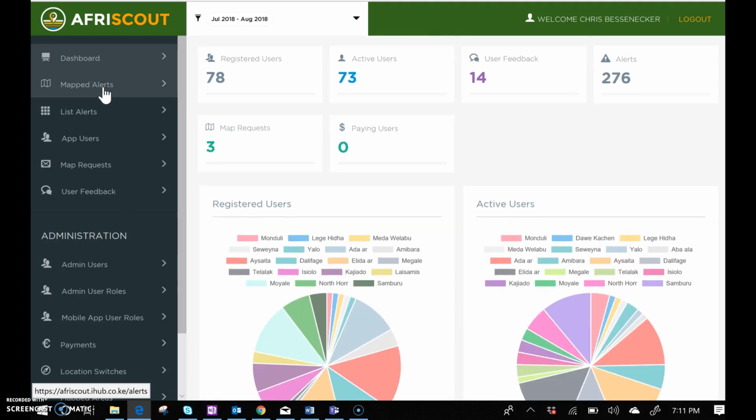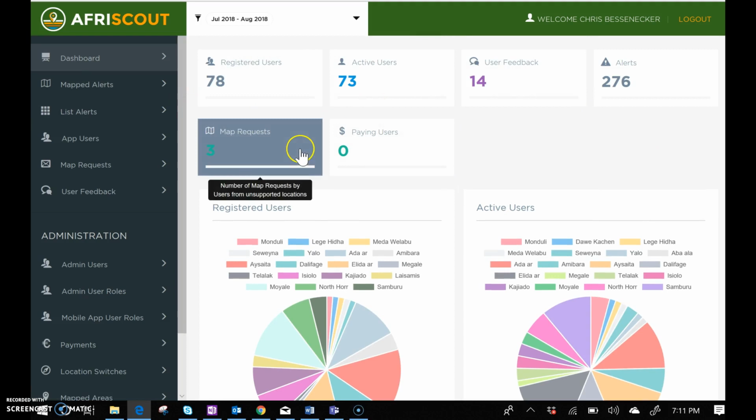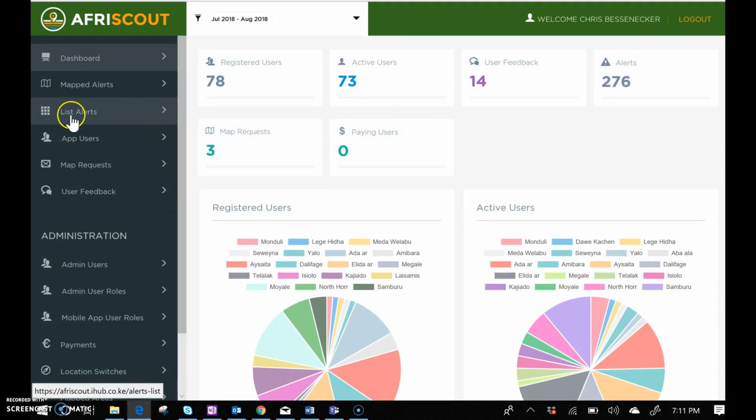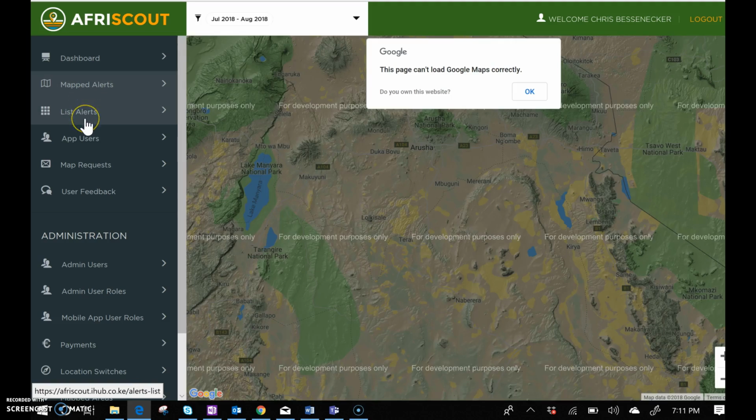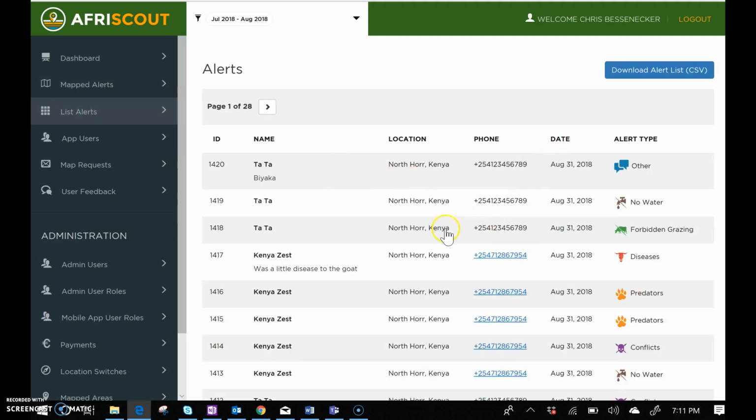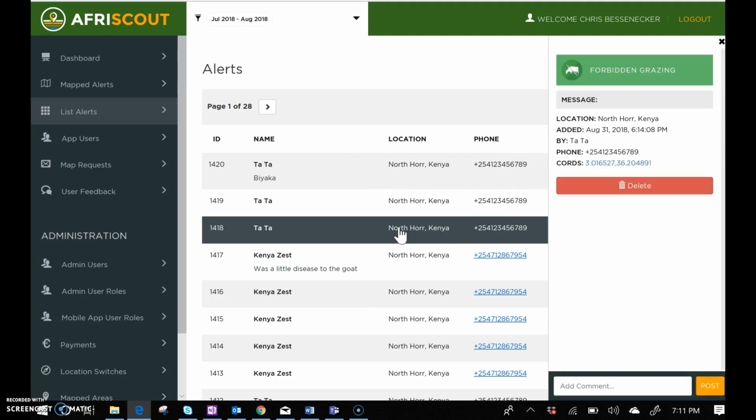So for the mapped alerts up here, you can see that in mapped form, so you can actually see it on a map, or you can see it in list form. Within each alert, you can click on that alert, and we'll give you the specifics: the location, when it was added, by whom, their phone number, and the geographic coordinates. And even on the back end, you can leave a comment, you can respond to that alert, and that alert will be pushed to the user through our notification process, so they'll receive it. It will end up not only on the app, but the user, the author of this alert, will get a